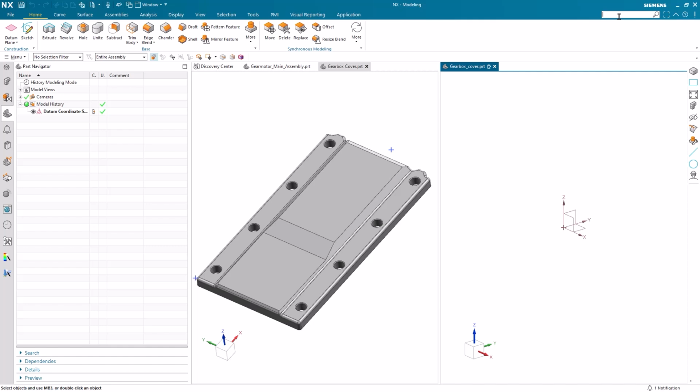One other key component of the layout of NX is the search bar in the upper right-hand corner. This is an excellent resource to quickly find and access various tools, commands, and features within the software. Now that we have looked at the basics of the screen layout, we can go ahead and begin to model